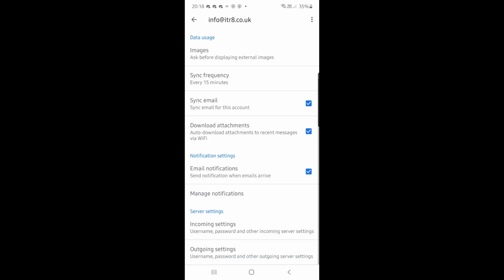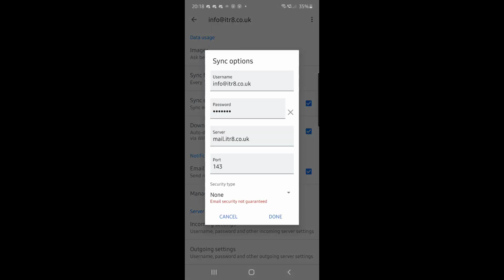Scroll to the bottom of that screen, you'll see 2 options, incoming settings and outgoing settings. We're going to check both of these. First, click the incoming settings, and in the window that appears, we want to walk through the options that are shown. So the username is